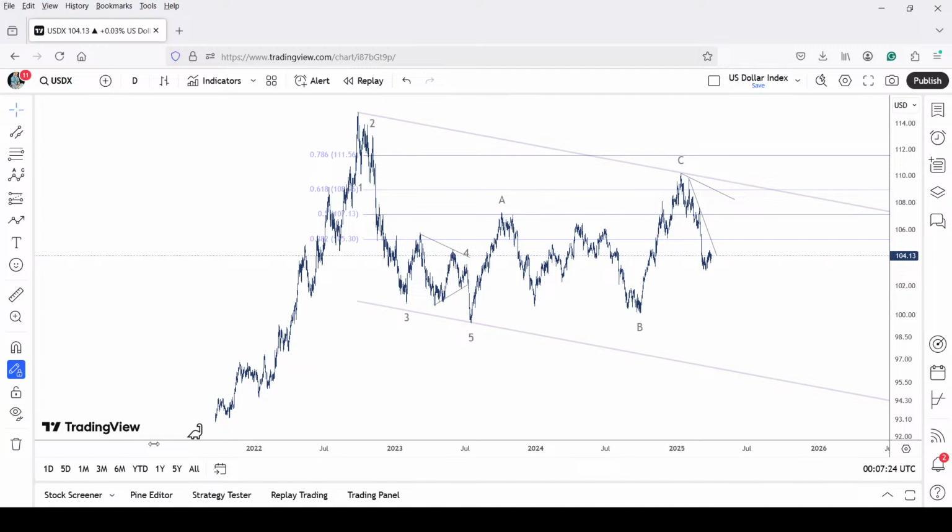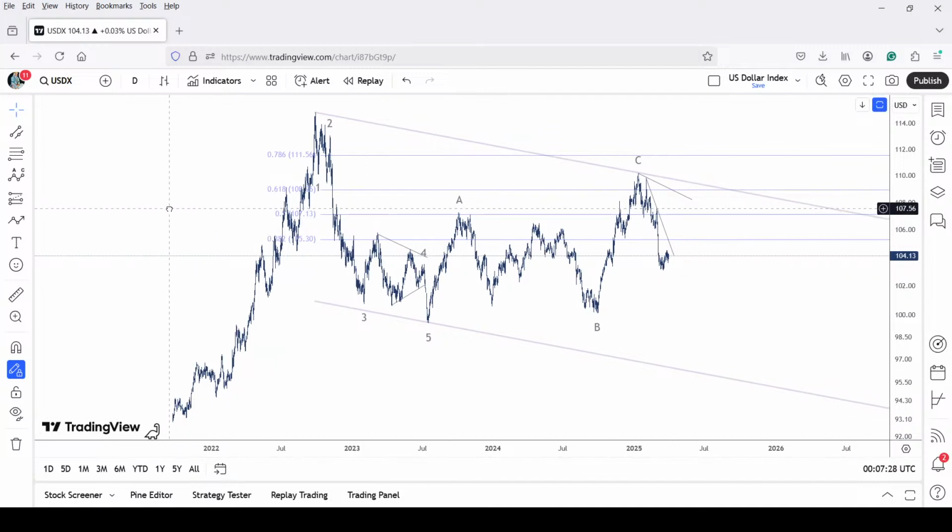Now, as you can see in this chart, we got five waves lower at a higher degree. That's a minor degree, wave 1, 2. Third wave was extended as expected, and wave 4 unfolded as a triangle with a thrust wave 5 lower. All right. So that is the first wave of a potential zigzag.